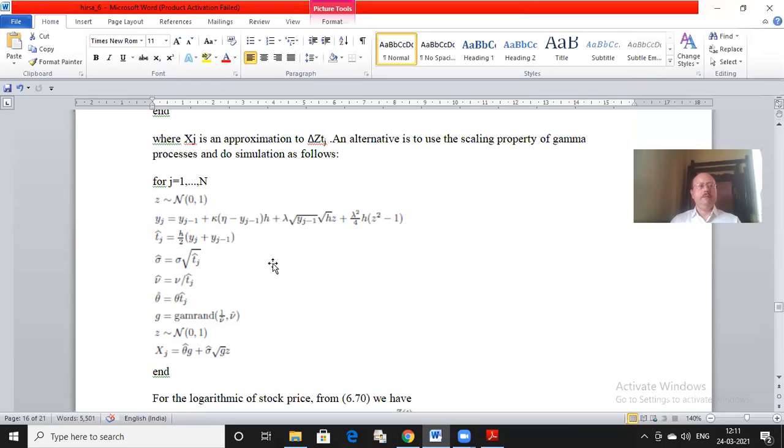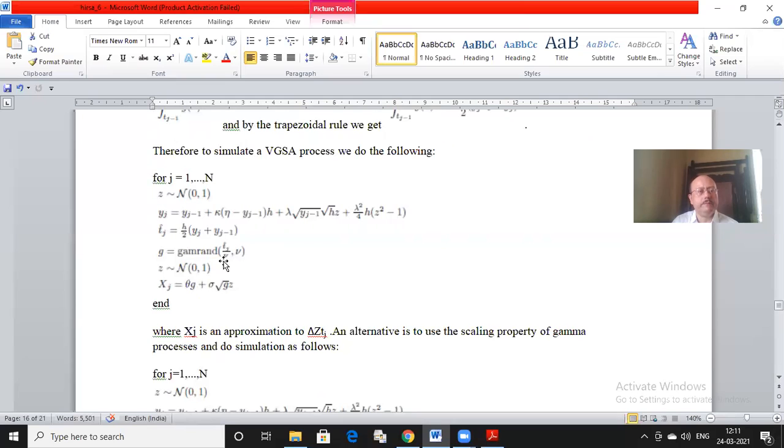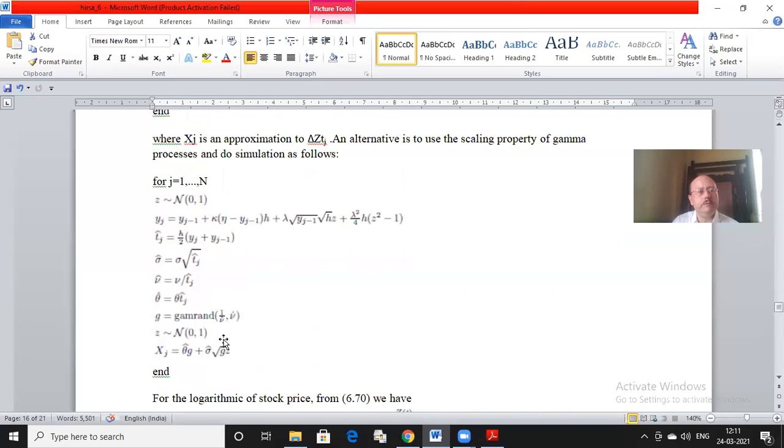Okay. So instead of a sigma hat, I use sigma and then square root of tj hat, which is the random time. I generate nu hat as nu by tj hat, and theta hat as theta times tj hat, using the scaling property. So finally, I will create the gamma random variable. It will come to the same thing using 1 by nu hat, comma nu hat. So xj will be given by this again. So these three intermediate steps are just using the scaling property of the gamma process instead of directly putting them here. Instead of directly putting them here, we use the scaling property and use it in 2 steps.